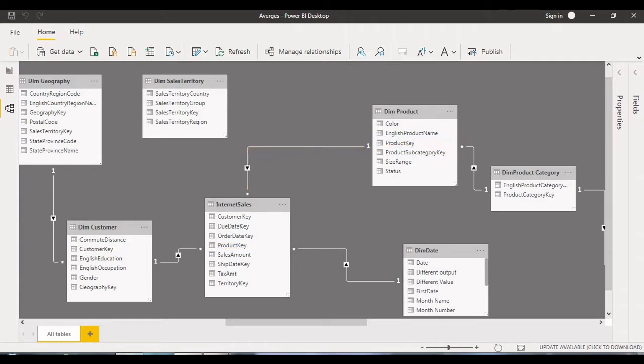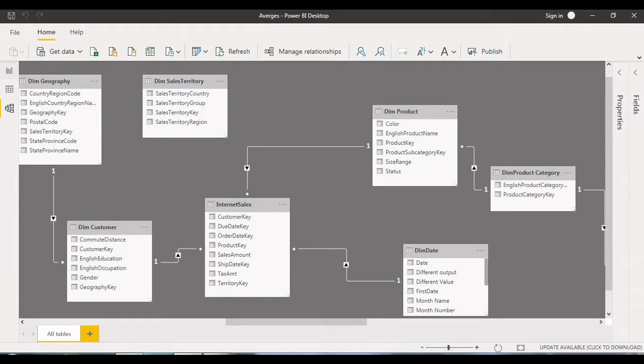You can even understand what kind of direction it is. It's one to many direction. It means that filter propagation is flowing from the dimension table to the fact table. Likewise, I have designed the relationships. In future, we'll speak more in upcoming sessions about all the options that are available in a relationship. For time's sake, we'll try to understand the report design only.